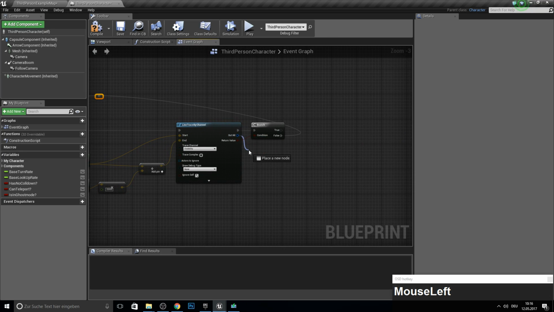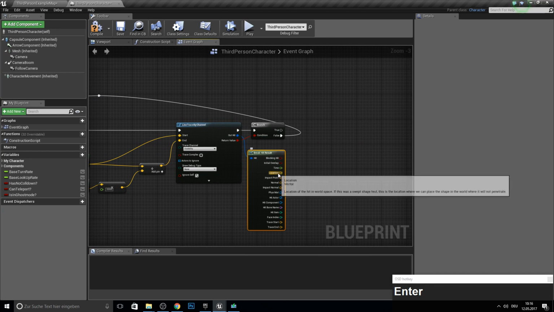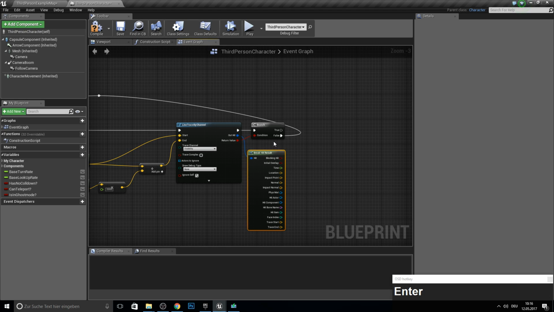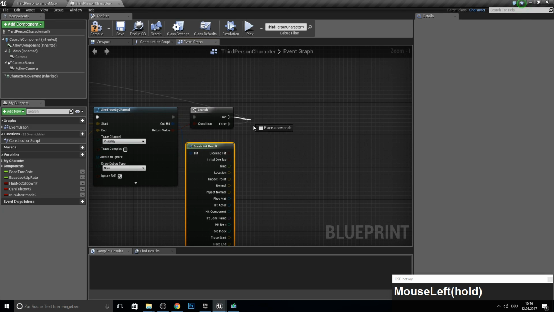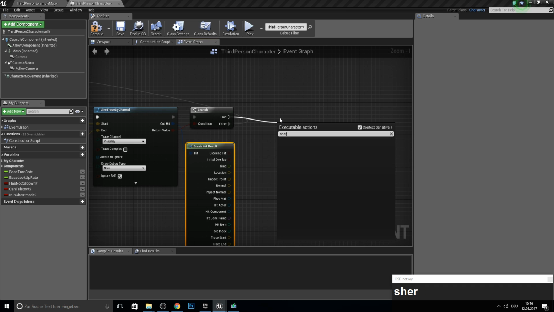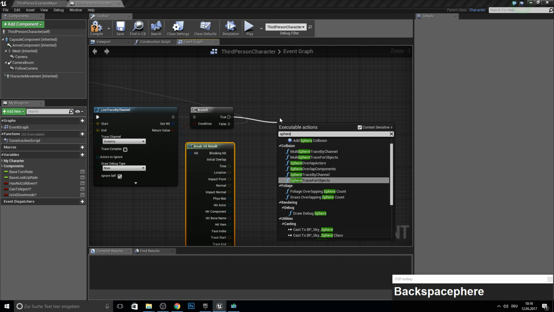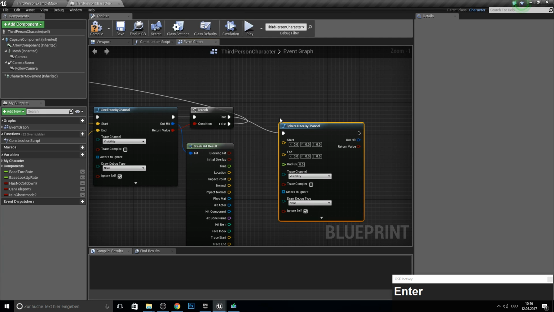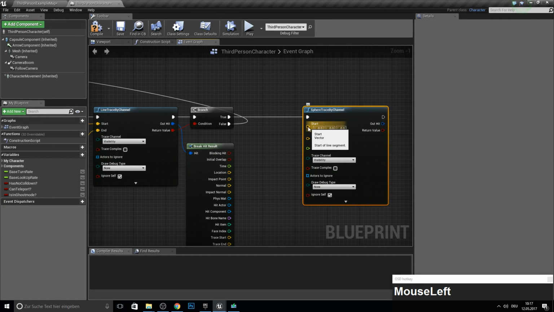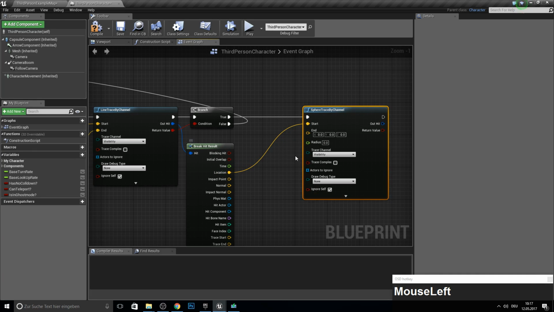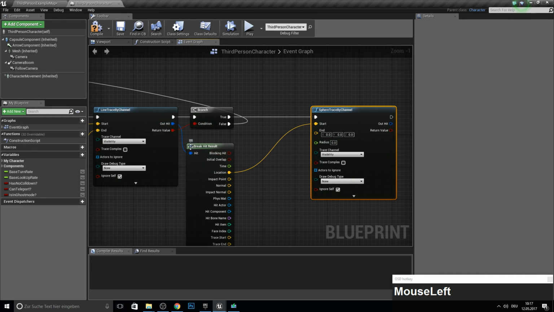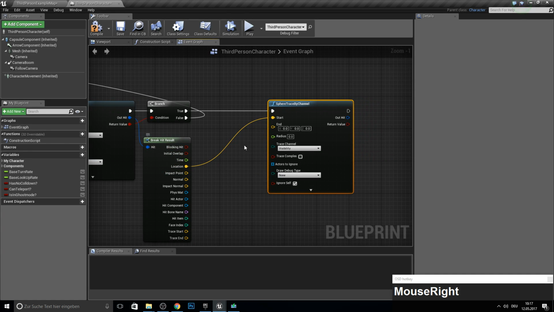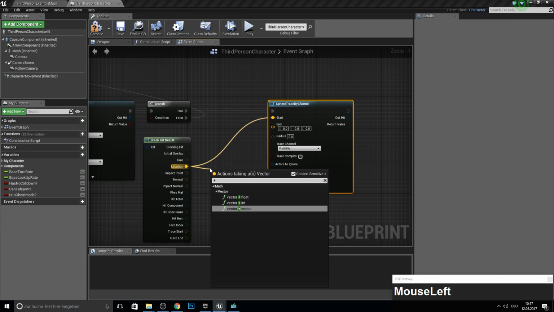And also we want to break here our hit results, because from this point we want to make a new trace where we determine the teleport location. And to do so we go here from the true and we make a sphere trace, like this, and the start point will be our location from the hit if we are hitting something, and the end point will be the location,